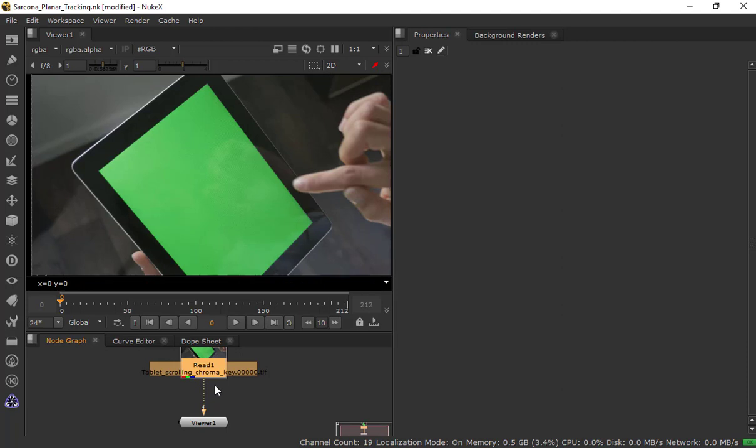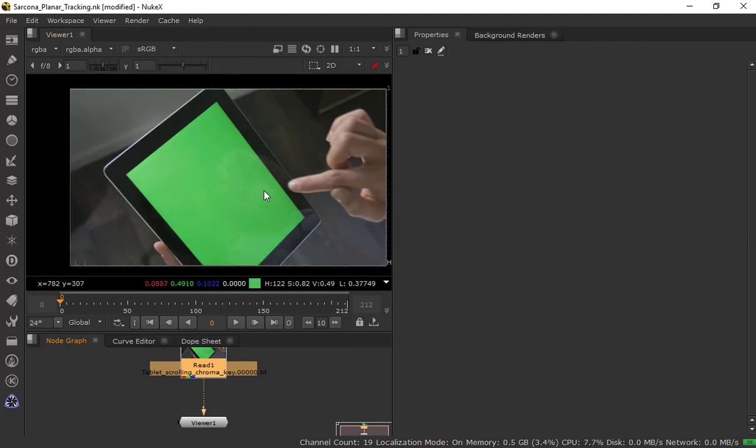Now what we want to do is create a planar tracker, and a planar tracker does something different. Instead of us having to create these 4 points in here, a planar tracker will grab an area and it'll track everything in that area that has contrast and figure out how all these pieces are moving. Okay, and if all these pieces are moving in a certain way, it'll figure out how the whole thing is moving. Now, what does the word planar mean? Plane,